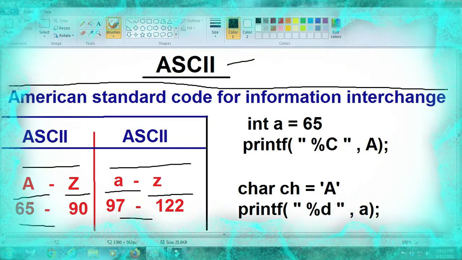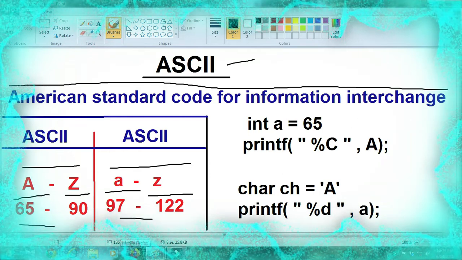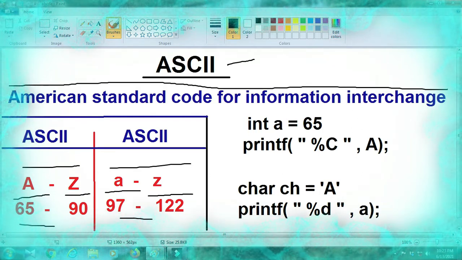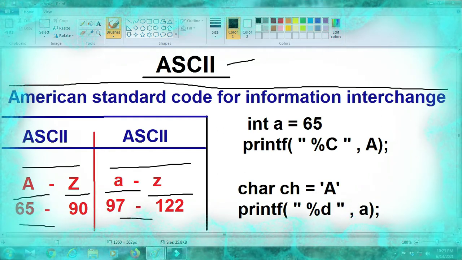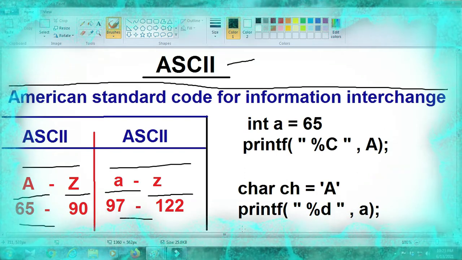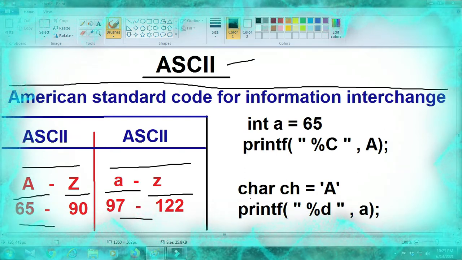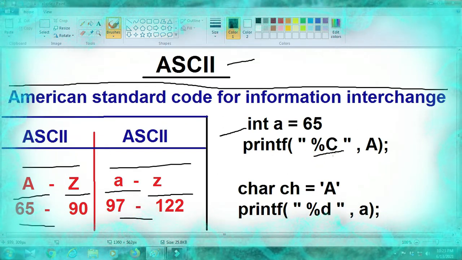To execute the loop, we can use the ASCII code or also the letters. Suppose we use an ASCII code, it will be treated like an alphabet. We can use it as a character or as an integer. In C language, a character variable is treated as an integer. So one thing you need to remember: if you are using the integer data type, then in printf you need to use %c for showing the character.